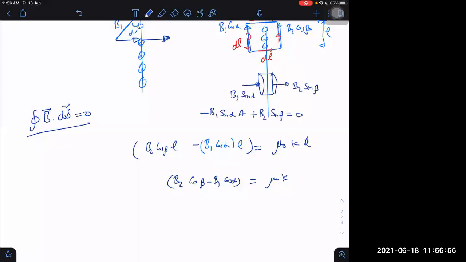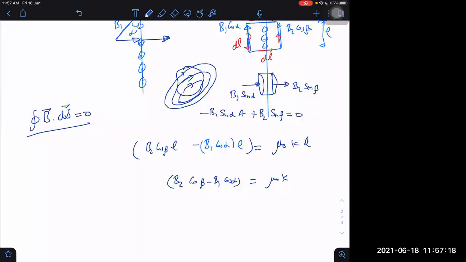Total flux should be 0 always. Magnetic flux should be 0. Why is it 0? What does flux represent? Flux represents the number of magnetic field lines crossing through an area. But when the field lines form closed loops, what will be the magnetic field lines crossing through this closed surface? Always 0. Whatever is entering will also be exiting, right or not? Yes, sir.